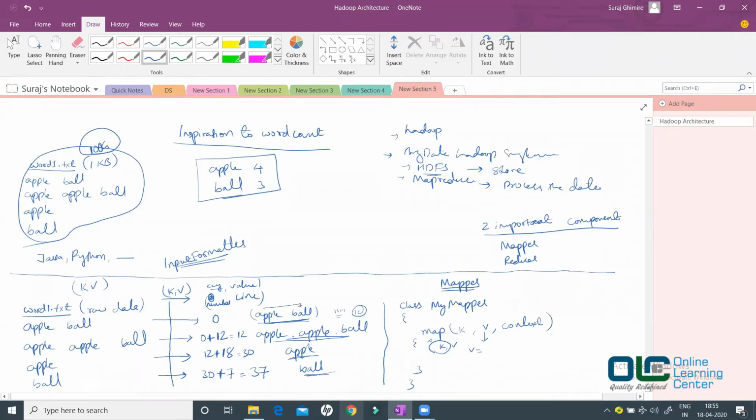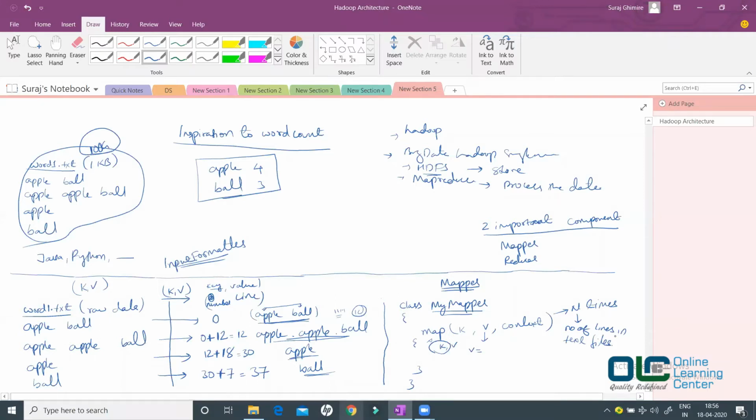Let me tell you one thing: this mapper class map method will be called n times, where n is nothing but the number of lines in the text file. Is that clear? Can I get a yes from everyone?